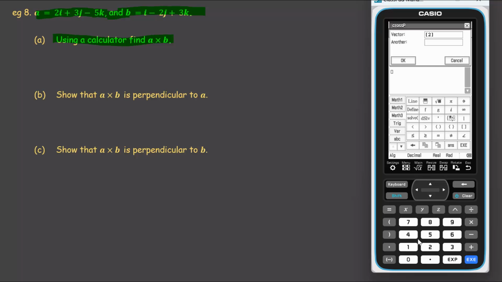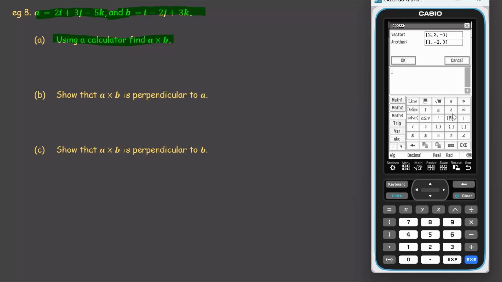So this would be 2, comma, 3, comma, negative 5 as our first vector. And the other vector, again, square brackets. And that is going to be 1, negative 2,